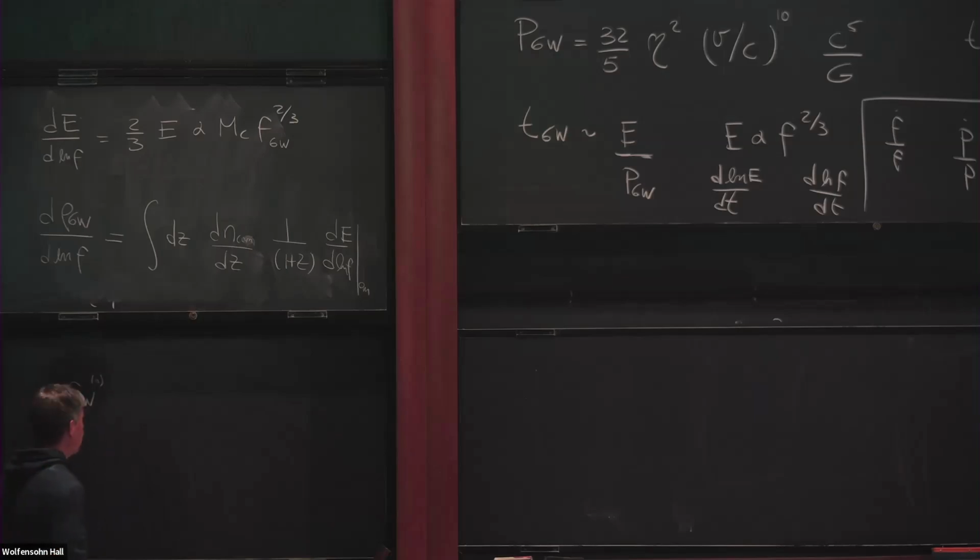So let's say I'm thinking about something that was emitted at a redshift of z. Then the gravitational wave frequency at the time of emission was higher than the one at the time of observation, okay, because it got redshifted away by the factor 1 plus z, okay? So in other words,